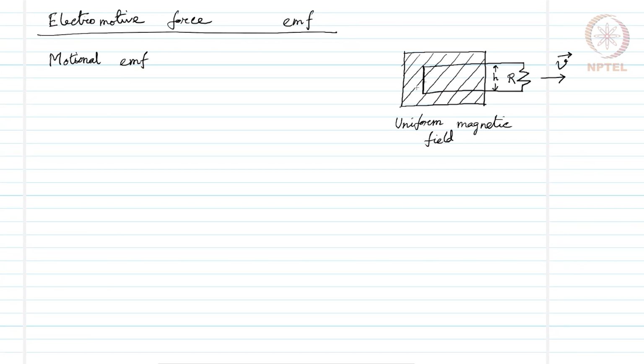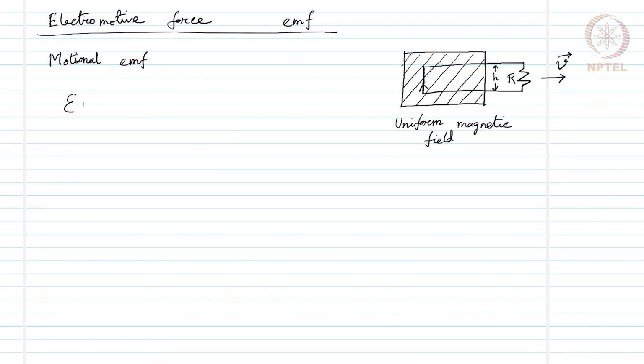So, if positive charges are carriers, they will try to move upward. That means, if the magnetic field points into the screen, then this will be the direction of the motion of these charges if this loop is pulled out in the right, and that will generate an electromotive force